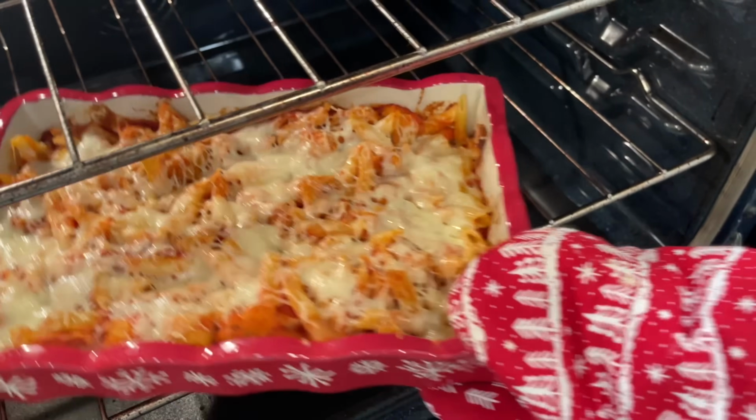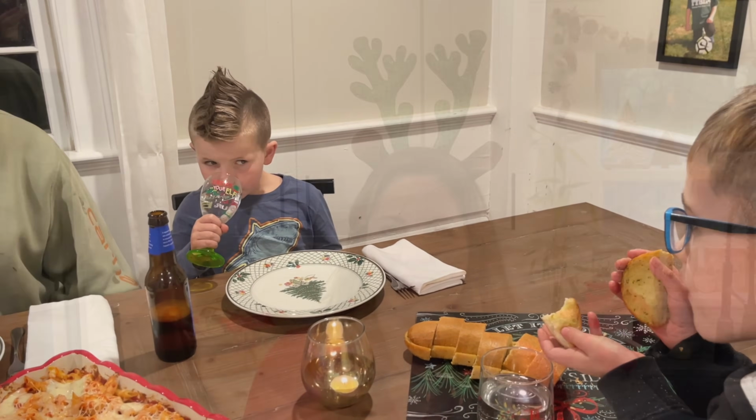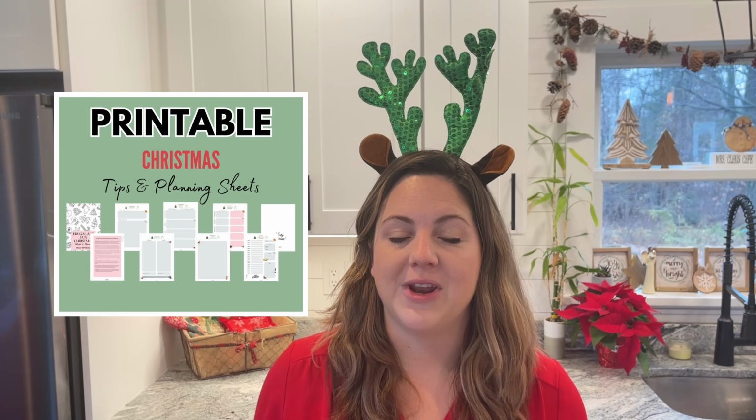Meals don't need to be expensive to be festive, delicious, and create lasting memories. Today, I'm sharing a festive holiday meal that can be made with Dollar Tree ingredients for only $20. I'll take you through the whole process from shopping to creating the meal, and I've even created printables for you